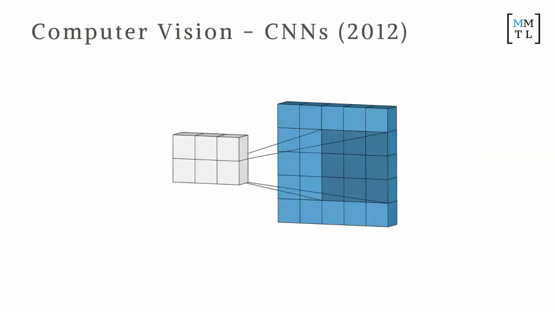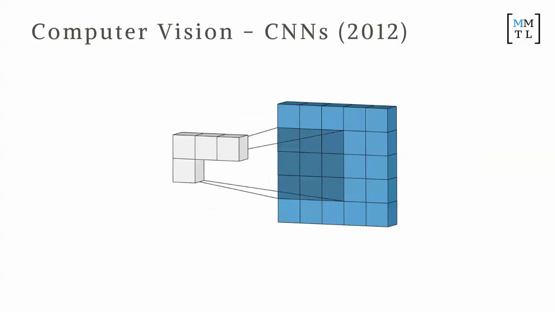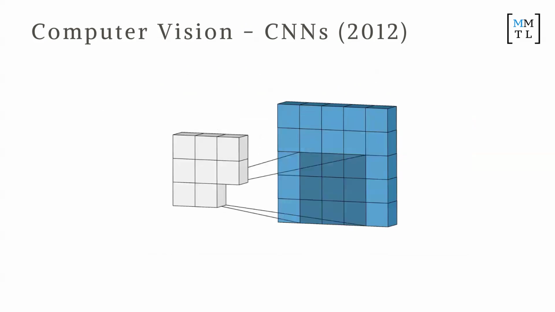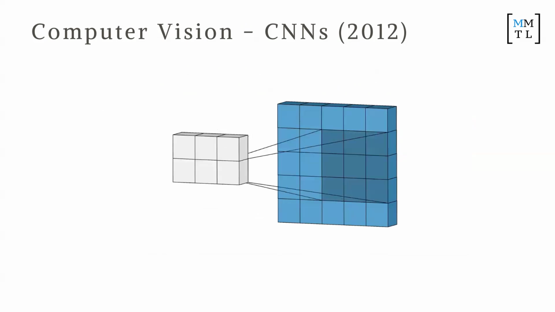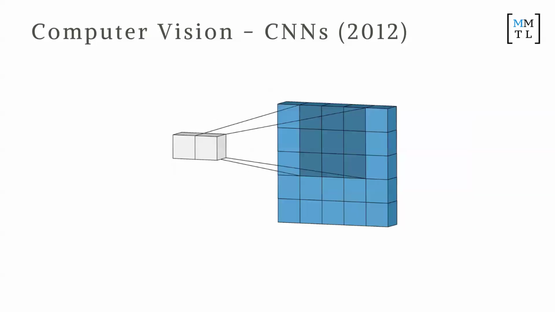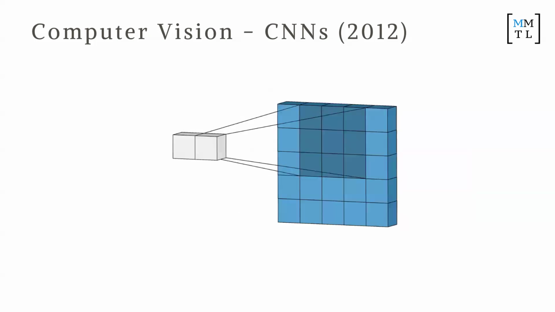Okay, and then around 2012, people realized that you could extend these neural networks to something called convolutional neural networks. That's what CNN stands for. And what exactly is that? Does anyone know what a convolution is? Okay, so if you do enough math, you start to realize that a convolution is basically you have a function, you have a second function, and then you can apply a function between those two functions to get a third function. Okay, so that's a really obscure way of saying that, for example, you have an image on the right there, and then you apply a function to it to get another image, right?